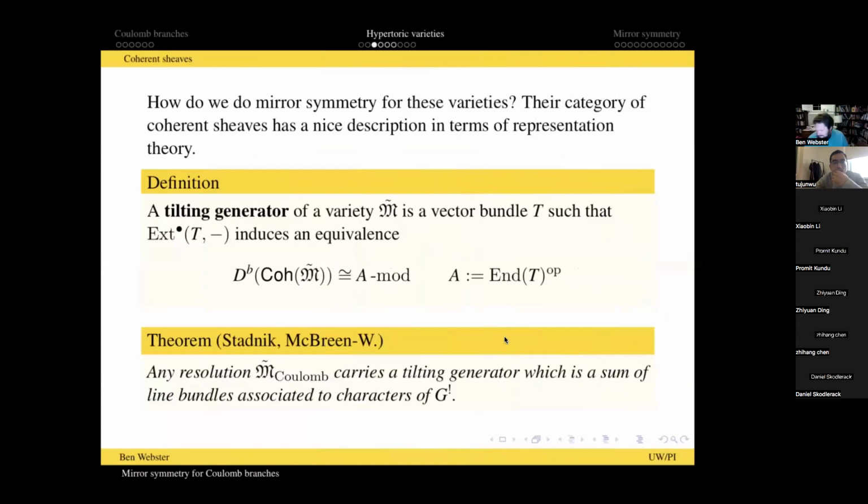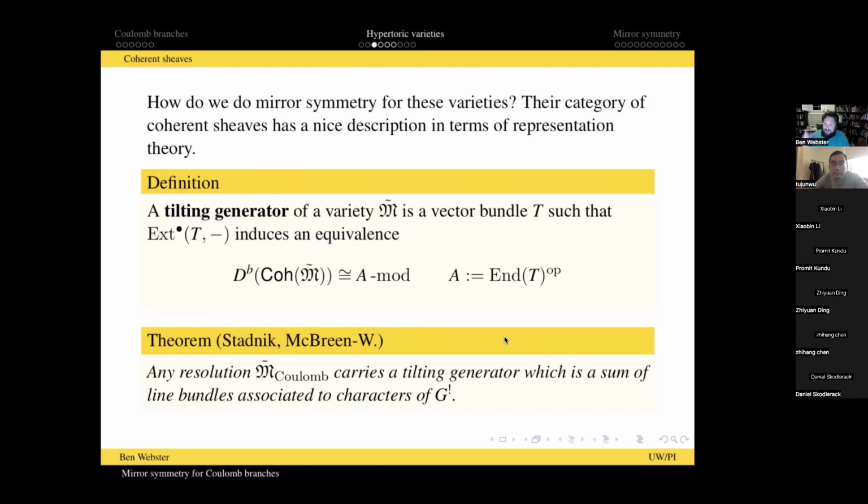All right. Well, in the time I have left, let me try to say a little bit about mirror symmetry. So how can we do mirror symmetry for these varieties? The only way I know how to do mirror symmetry properly is to compute the coherent sheaves on one variety, compute the Fukaya category of another variety, and say, oh, hey, look, those are the same. That's the kind of mirror symmetry I'm talking about. There are other kinds which might be equally interesting, but that's the kind I at least sort of understand, and so that's the kind I'm going to talk about.